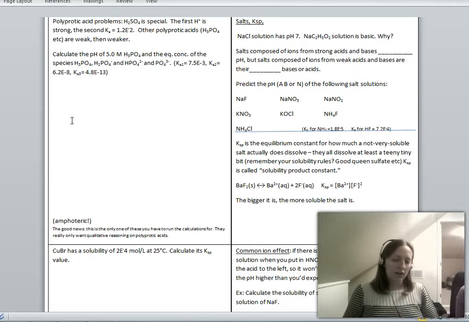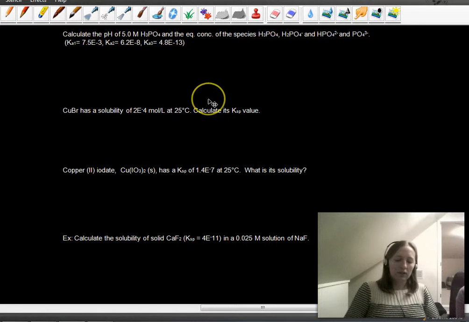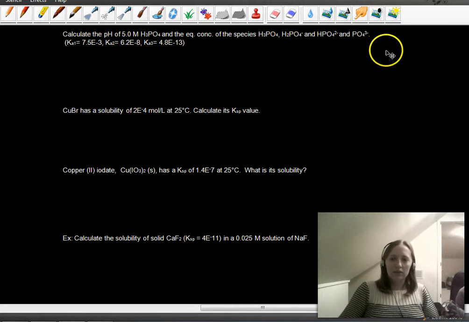Polyprotic acids are the kind of acids that have got 2 or more protons in them. So typically, let's go to the black screen. Typically you've got acids that are like,